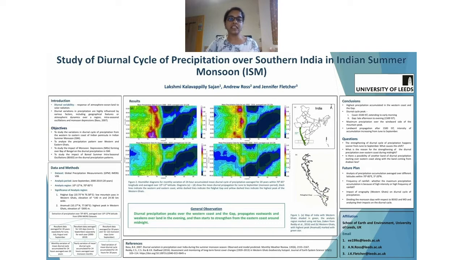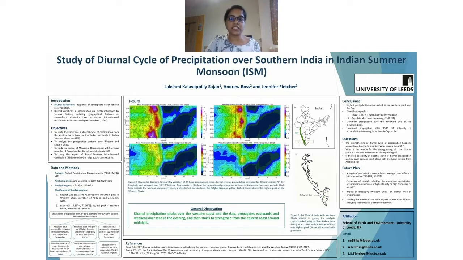The mechanism of the diurnal cycle over land is generally understood, but the timing of the cycle and the mechanism of propagation of convective systems is not well understood and is not represented well by current models. So in this study, a monthly analysis is done for the region marked in the red box in figure 1A, where the green shaded region represents the Western Ghats. The reason for choosing this region is, first, there's a major low mountain pass with an elevation of about 140 meters. And second, the highest peak of the Western Ghats is present in this region.